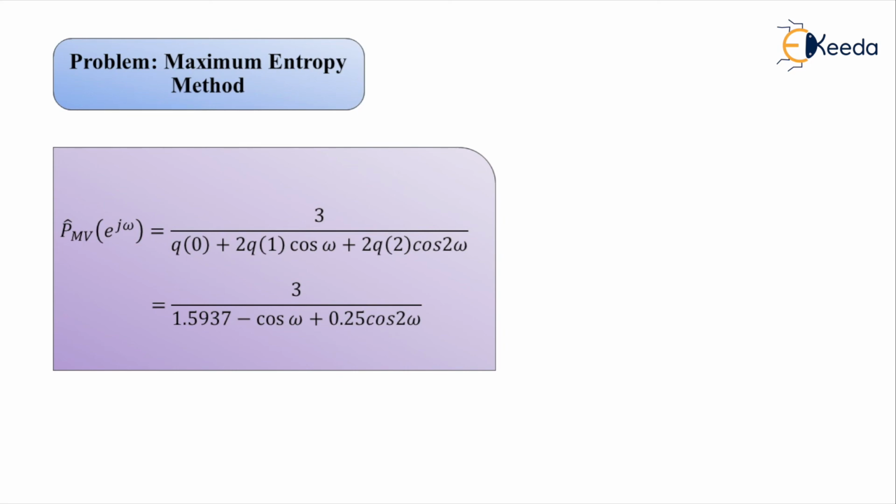So this completes our problem based on the maximum entropy method, where we have also accommodated practice for the earlier method, minimum variance spectrum estimate. So this concludes our topic number 24, and in the next lecture we continue into the same chapter, power spectrum estimation, to address another most prominent approach for power spectrum estimation, that is the parametric one. Hence the topic will be titled parametric power spectrum estimation. Thank you.